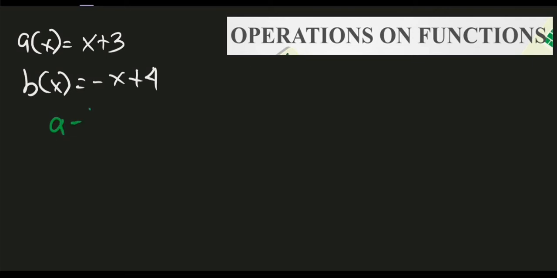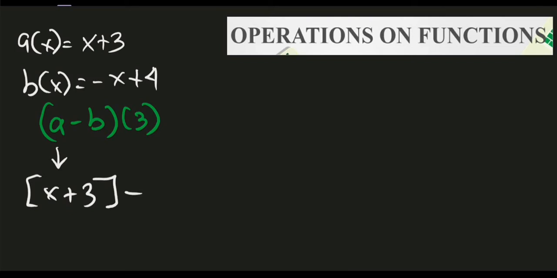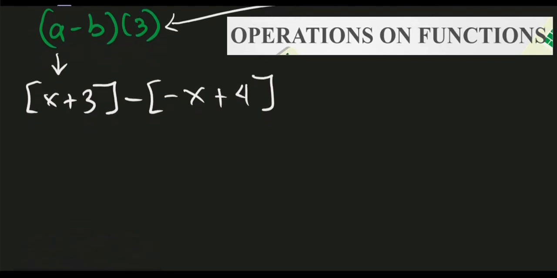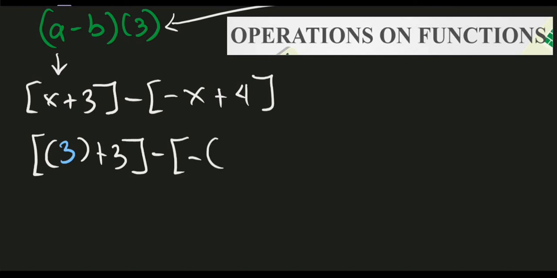So a minus b of, let's say, 3. Okay, so let's try to answer it. So same procedure. So we have this first function, which is a. So a is actually equal to x plus 3. We need to subtract function b, which is negative x plus 4. Okay? Since we have this input as 3, we need to change the value of x to positive 3. Therefore, it will give us 3 plus 3 minus, we have negative of x, or negative of 3,